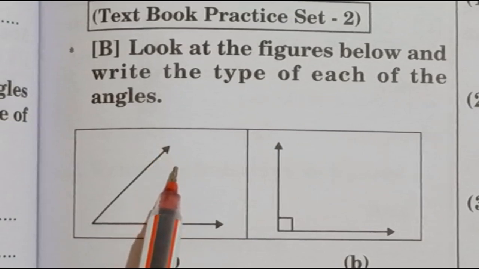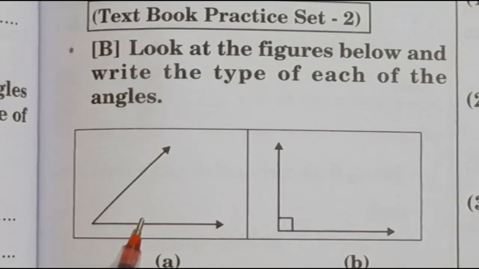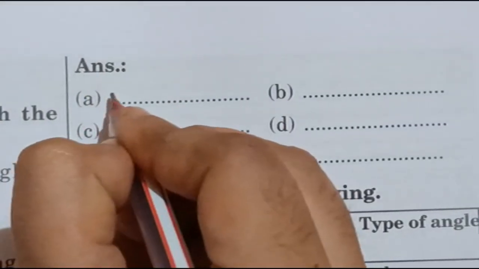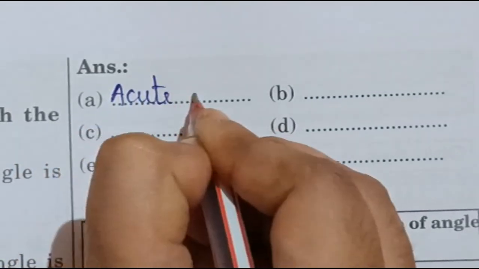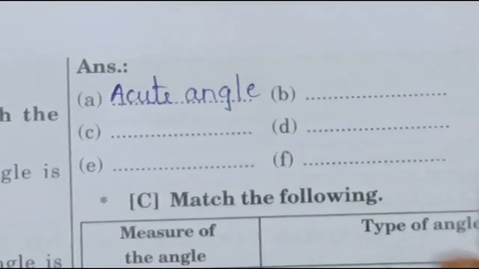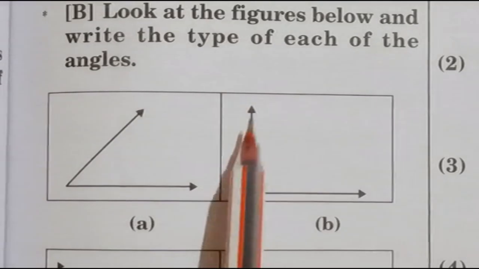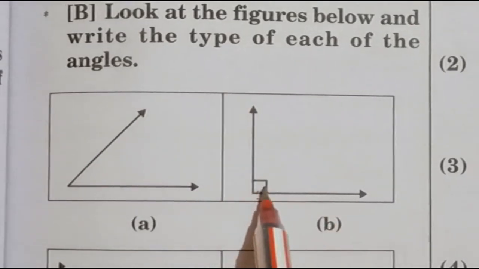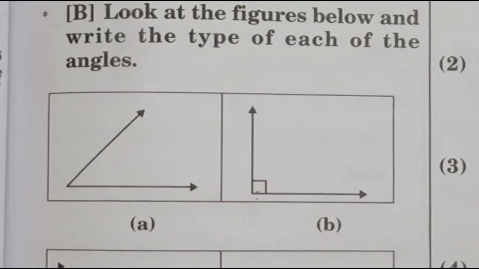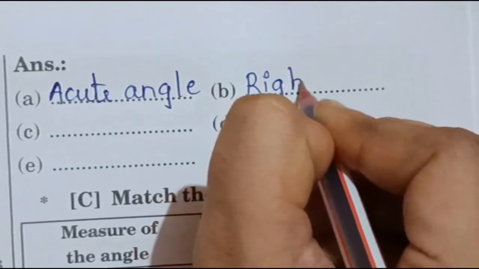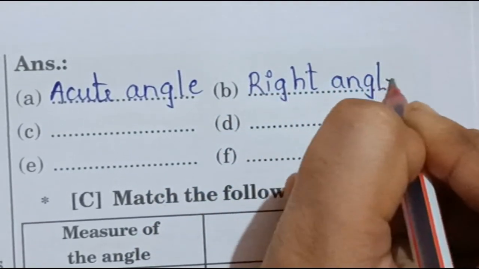acute angle. Now students, the answers I will write down over here. First, this is which angle? Acute angle. Okay. So the answer you will write on the other side on the top. Now the second one is exactly a right angle. It's 90 degrees. So we'll write the answer. That B1 is which angle? Right angle.